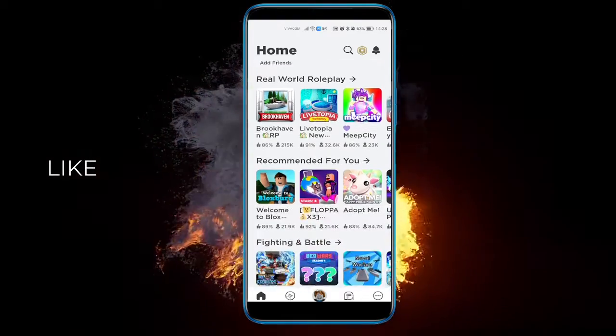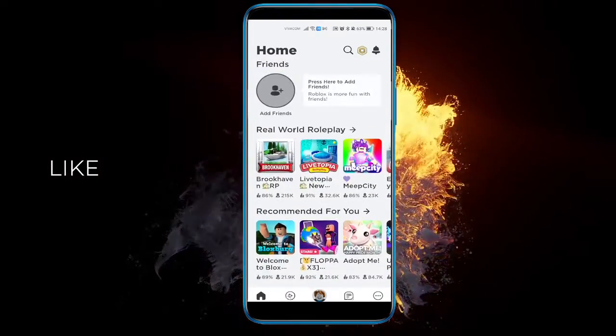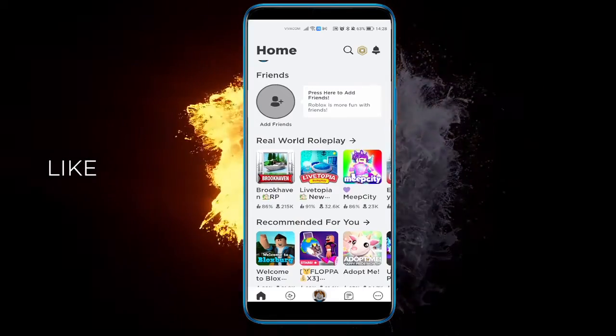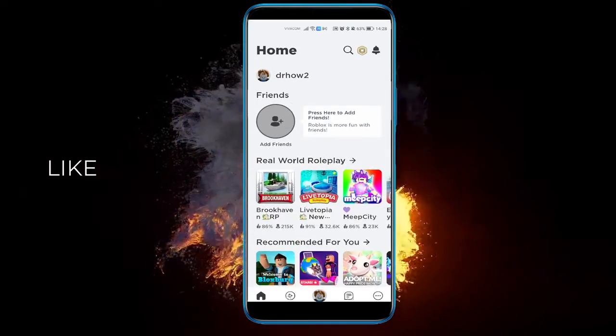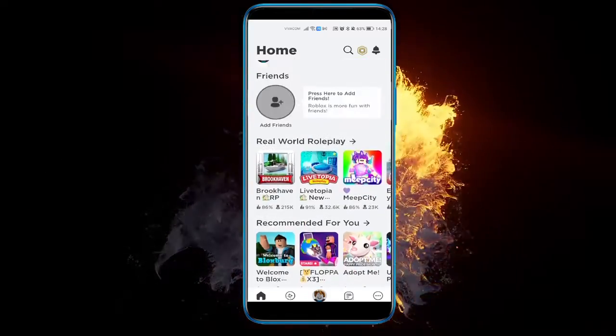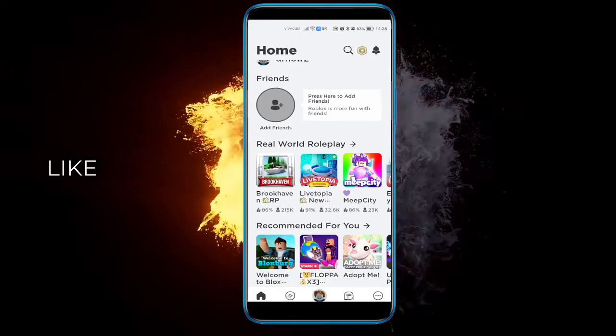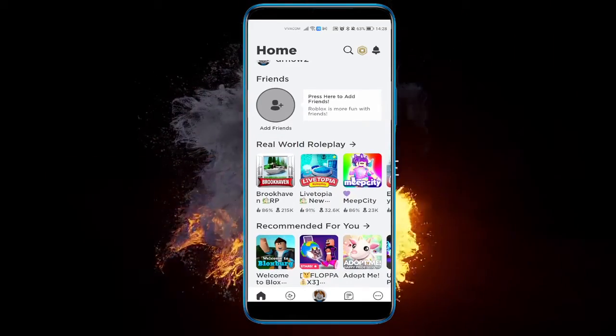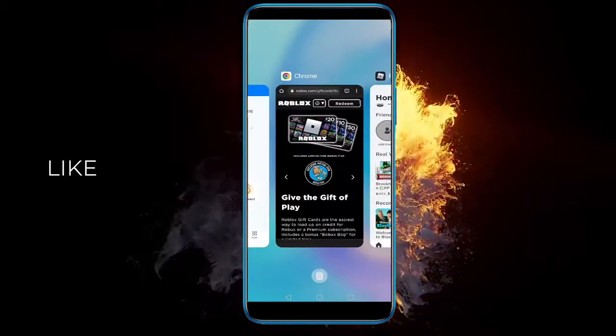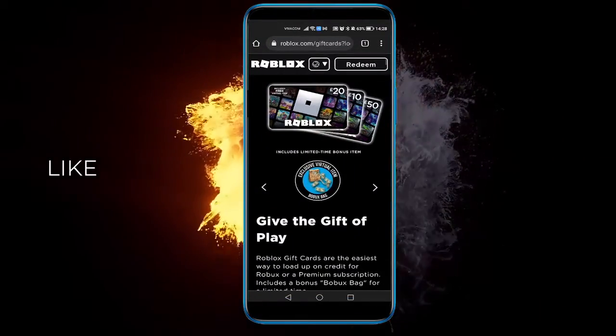Easy. Just grab your phone and get out of the Roblox app. Why? Because you cannot redeem gift cards in the Roblox app. You can do it from any browser on your computer or from your phone. So let's head over to our browser and go to this website,